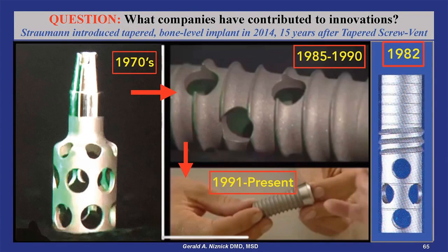Many companies contributed to the evolution of implant design, starting with the Straumann basket implant with its narrow neck of the 1970s. This led to the development of Corvent's hollow basket screw implant in 1982. By 1985, Straumann added threads and a full diameter neck to its hollow basket implant, but ended up violating the Corvent patent. After a court battle, they had to take it off the market for 6 months until we reached